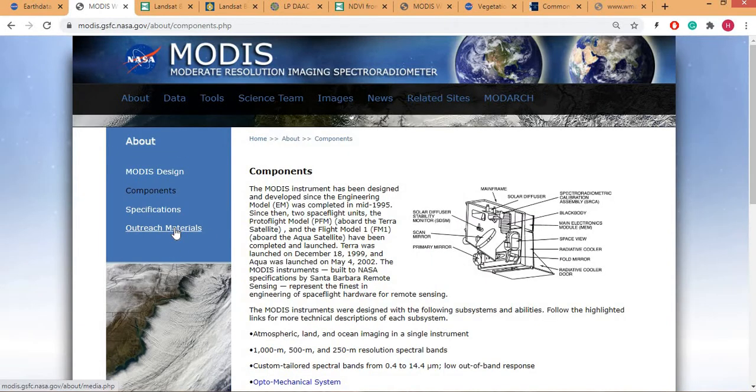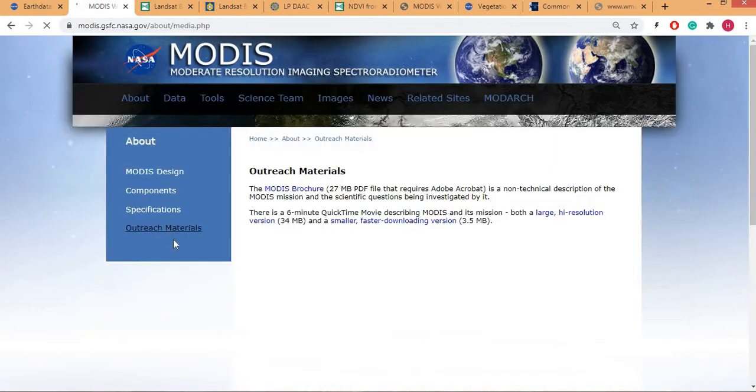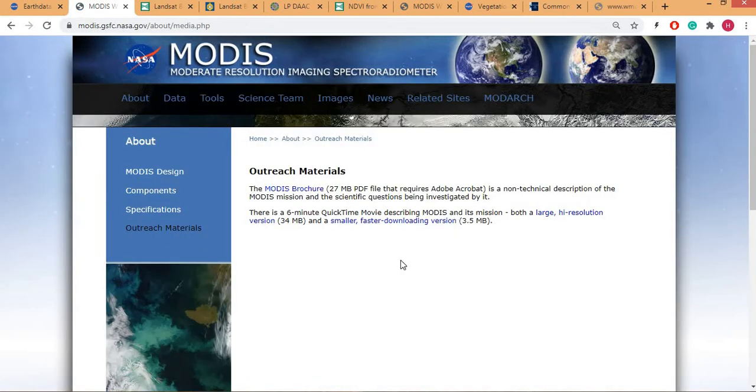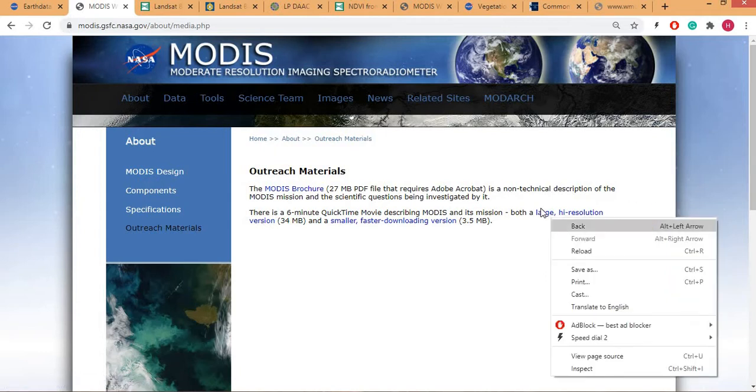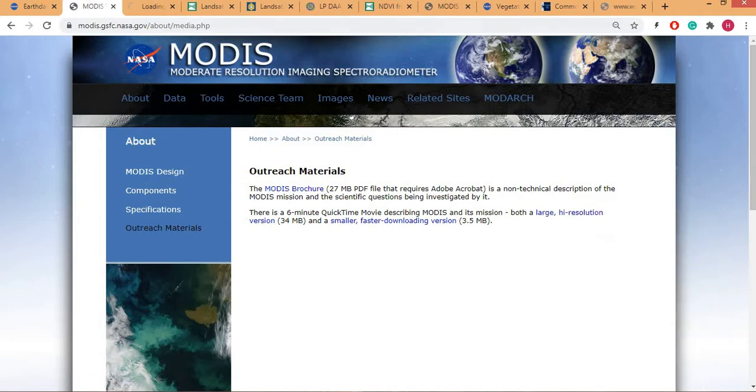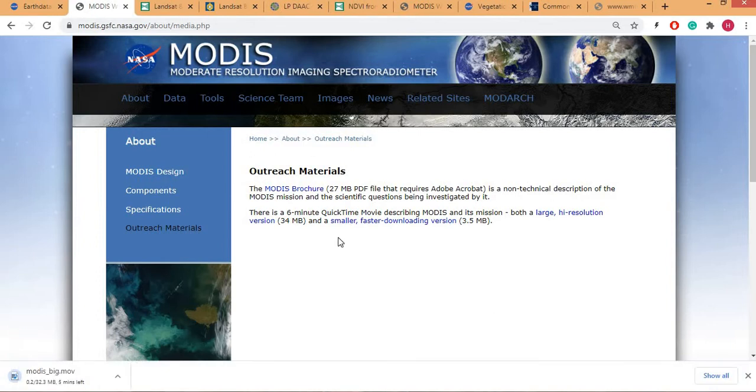And there are several other materials like MODIS brochure, high resolution version, and several more data sets. So this is MODIS image.